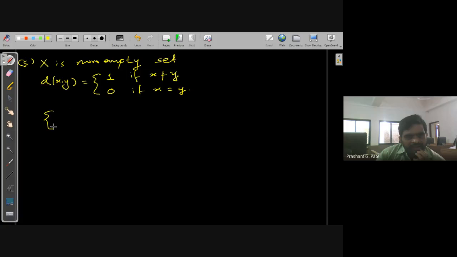Can I say the singleton set {x0} is an open set in this (X, d)? That means in this metric space, can I say that {x0} is open or not? What is your idea, or what can you say about it?